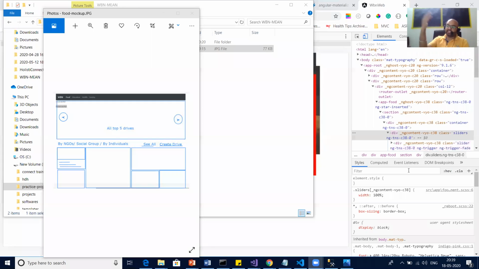Then in the next session after that, most probably on Friday, we'll see the MongoDB part. How we can create a database in MongoDB. How then the API will be talking to MongoDB and getting the data from the database. So in tomorrow's session, we put hardcoded data not in the component but in the API. So your component will get the data from the API.